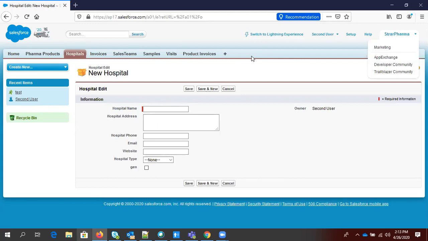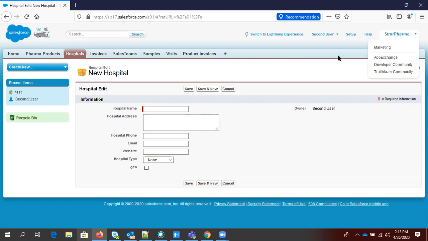So if someone says, let's say, I don't want to give the Star Pharma app access using a permission set, that won't be possible. Because if you want to remove any permission, then you have to make changes on the profile, right? And if you want to do it for a single user, again there is only one option: create a new profile. This is a most important interview question, guys. Remember that. If you want to reduce the permission of a profile, then you have to create a new profile. If you want to extend the permission of a profile, you can create a permission set and assign that permission to a particular user or multiple users, right?